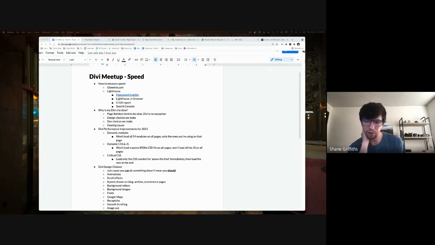What hosting, page speed, and security tool services combination works best with Divi, or would you recommend? So the stack I use is WP Engine for hosting, WP Rocket for speed, Imagify for image optimization. None of those are free. WP Engine is like 30 a month. WP Rocket is like $250 a year or something like that, and Imagify, well, they have some tiers, but